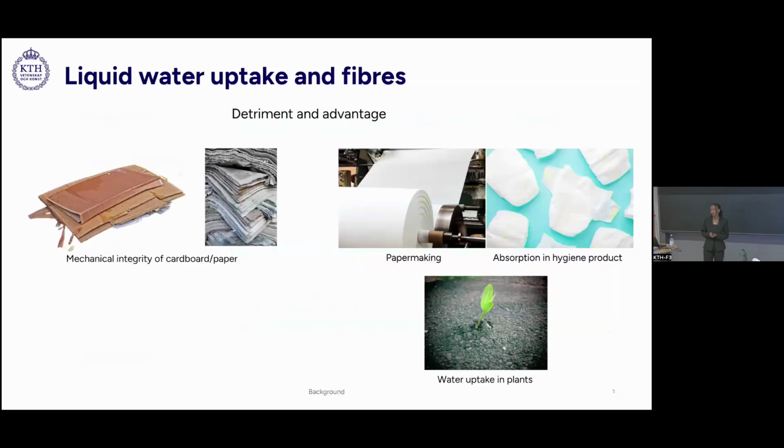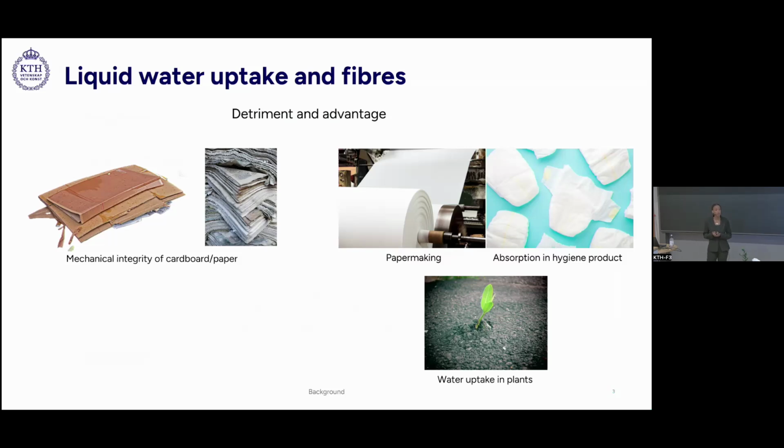So the presence of water in cellulose-based materials is often seen as a detriment. Everyone knows what happens to corrugated paper in very humid conditions or to paper immersed in water. It loses its mechanical strength and can even disintegrate. However, the affinity to water is also a necessity for fiber swelling and fiber flexibilization, which is a prerequisite to create strong fiber-fiber joints in paper making.